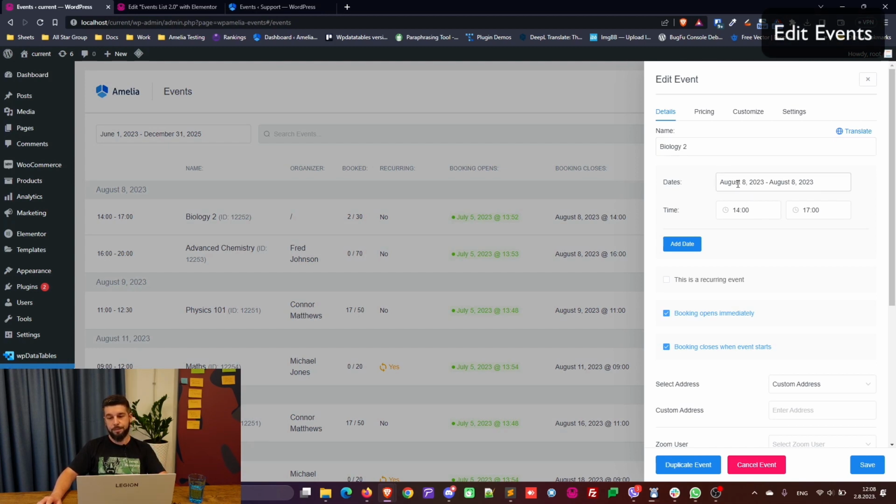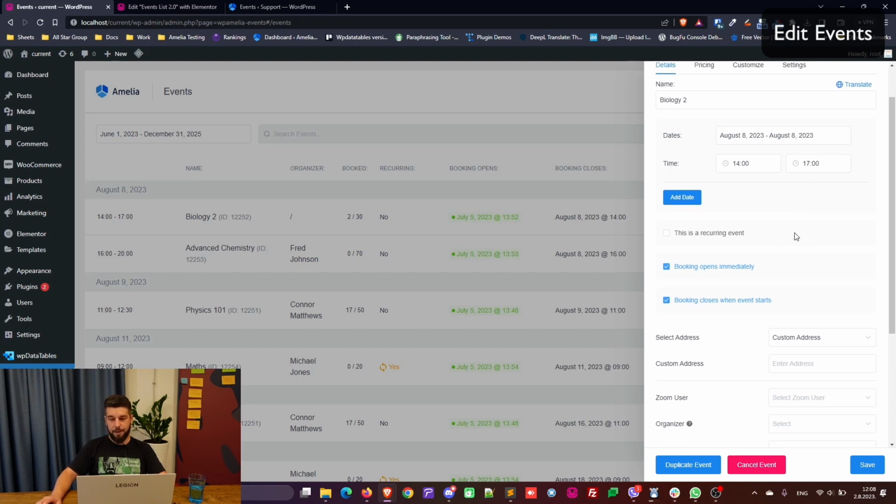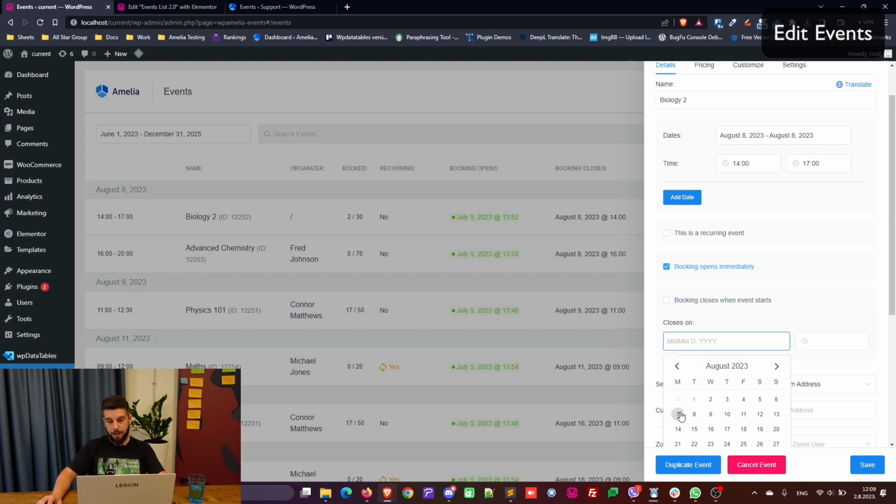It's set to be held on August 8th from 2 until 5 p.m. It's not a recurring event. The booking is opened immediately when the event is saved, but the booking closes when the event starts. So on August 8th at 2 p.m., no one will be able to book it. So let's say you guys want to close it a bit before. So let's say August 7th at